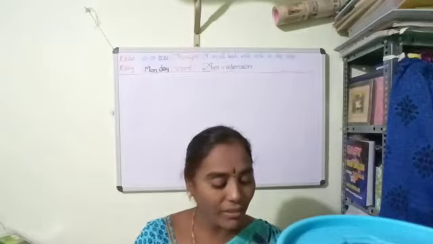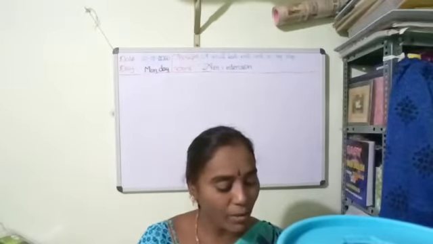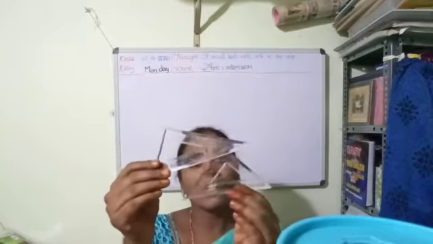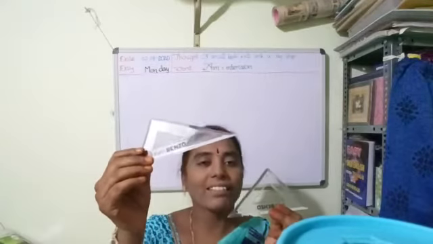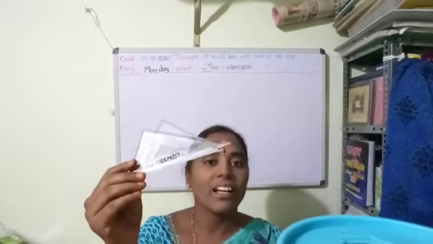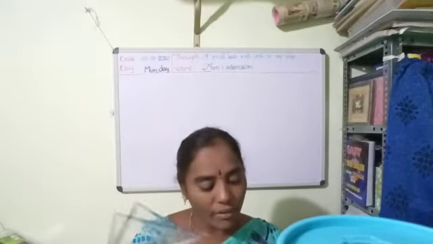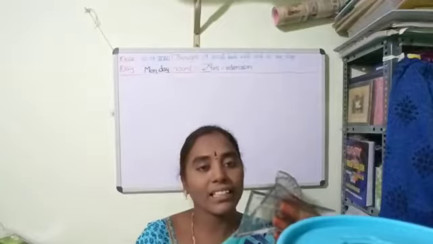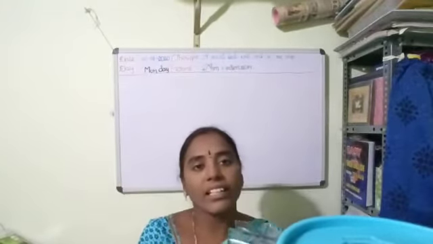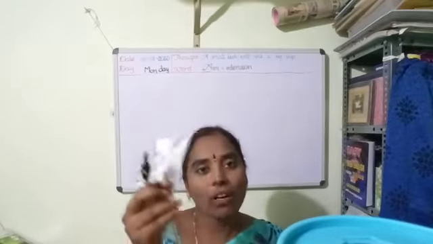Okay, and we have to see another type of scales also. See these two scales. These are in which shape? These are in triangle shape. So these scales are called set squares. Now where we have to see these things, I think you already know. You saw these things already in your boxes.